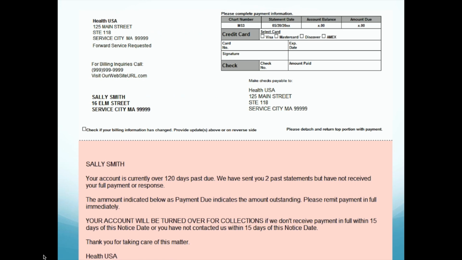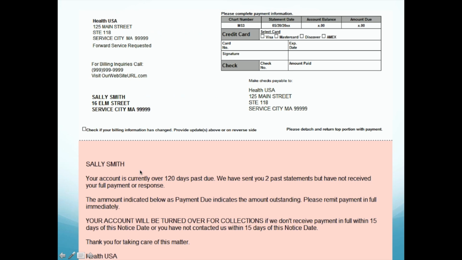Unfortunately, a lot of patients think doctors are the last ones that need to get paid. They don't think that they have a payroll to meet. They think of them as rich people. They don't need to get paid right away. Let me pay everybody else, and I will pay my doctor last. Unfortunately, many patients are programmed, they don't take it seriously until they see something red that comes into the mail. So this is a perfect example of something red that comes in the mail,